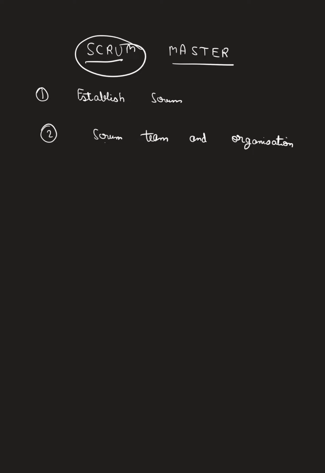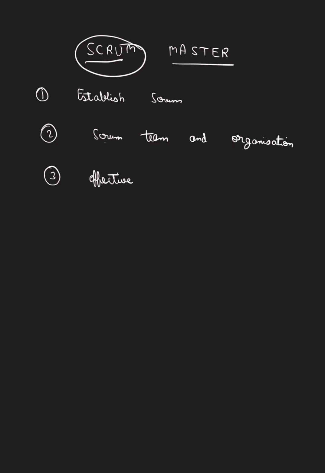And the Scrum Master is also accountable for Scrum team effectiveness. How effective is your Scrum team? They do this by enabling the Scrum team to improve its practices within the Scrum framework. So you need to adopt all the practices which are possible, making them self-managing. But you need to remember that everything needs to be under the Scrum framework. It should not be outside that. And you can say that Scrum Masters are the leaders who serve the Scrum team and the complete organization.